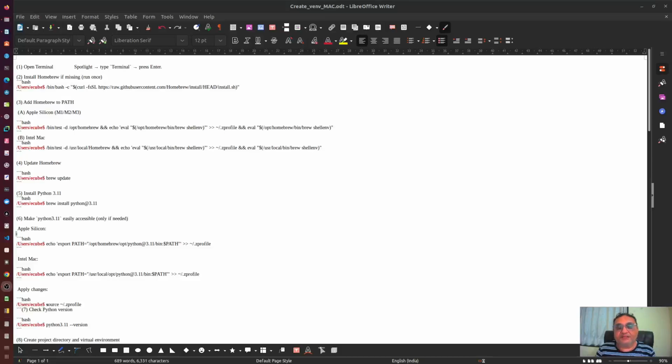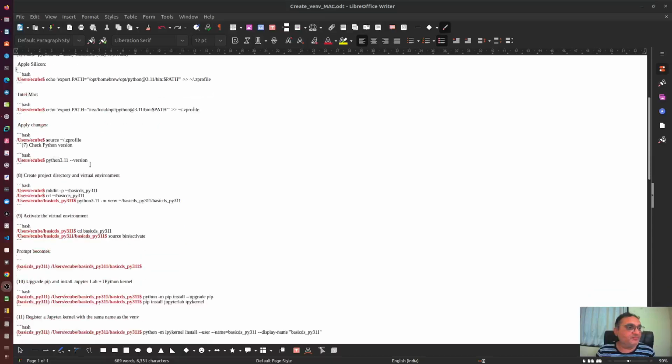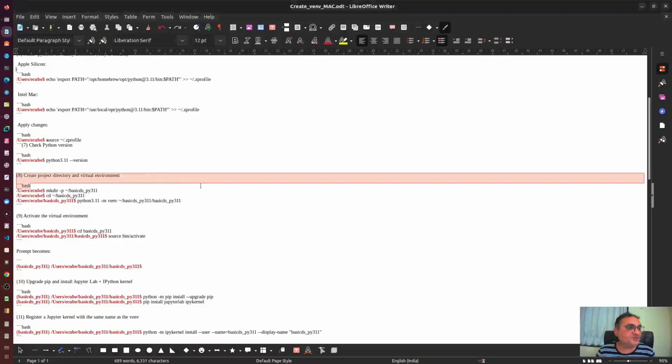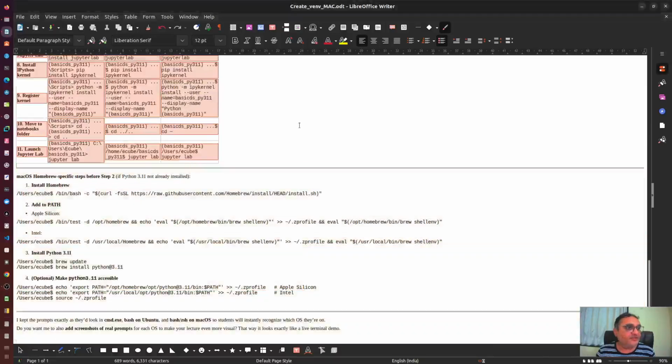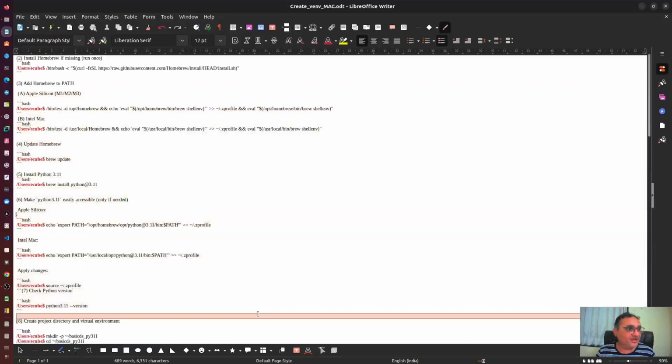And many of the commands which we are going to use here for Mac will be the same for Ubuntu also. For example, starting from this line, everything up to the end,